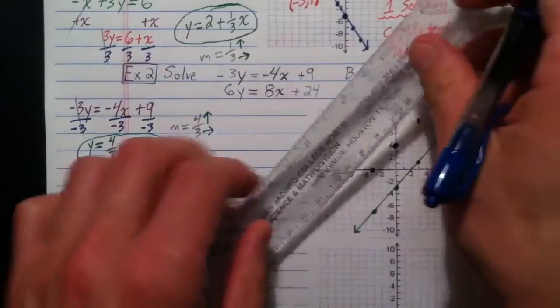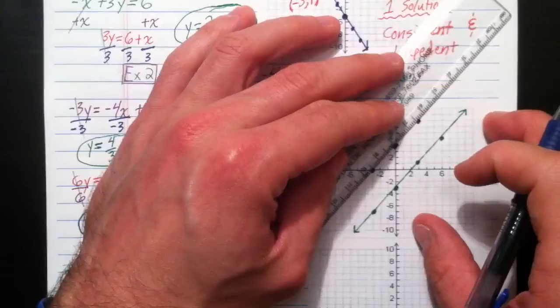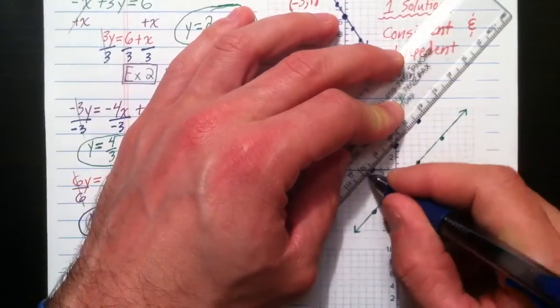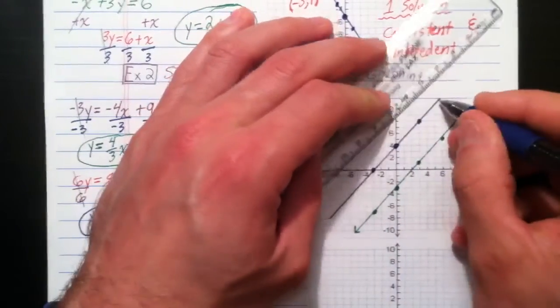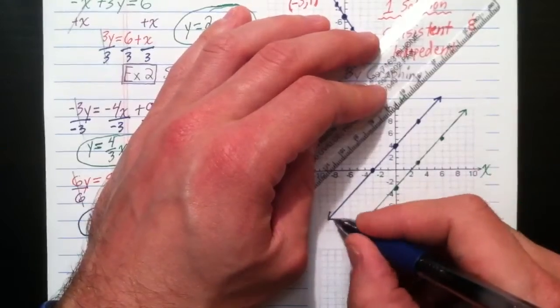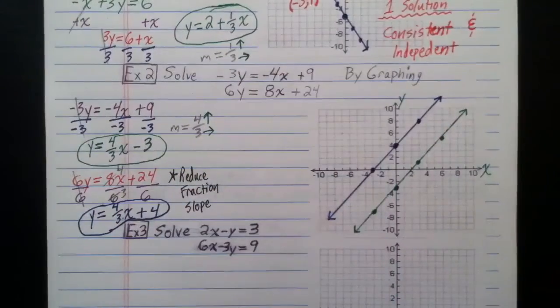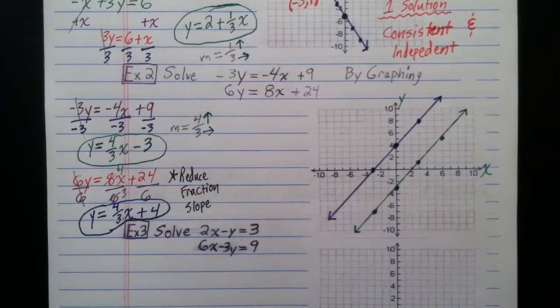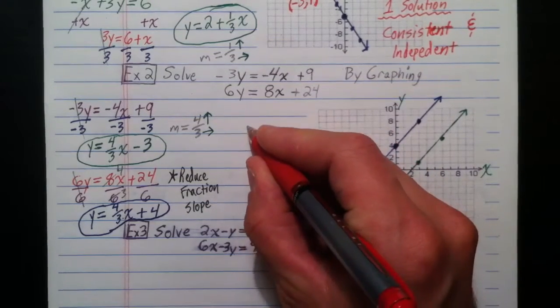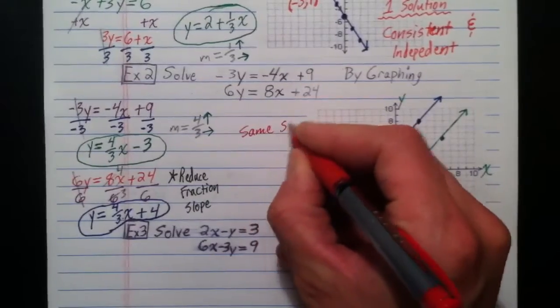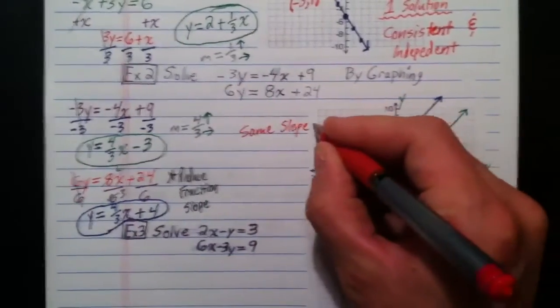And as this graph starts to take shape, we can kind of see these lines actually aren't going to cross each other. Lines like this we call parallel. And the reason these lines are parallel is the fact that they have the same slope, which will cause parallel lines every time. So in this one, because we had the same slope, which was 4/3,